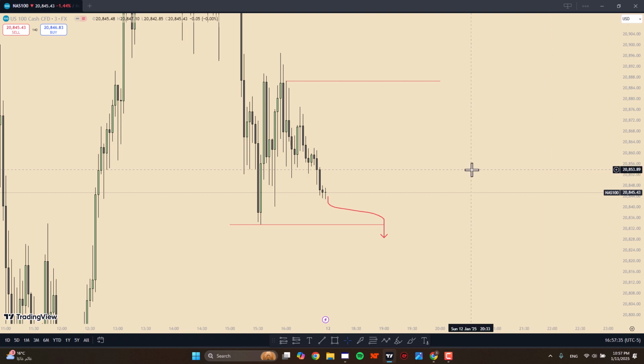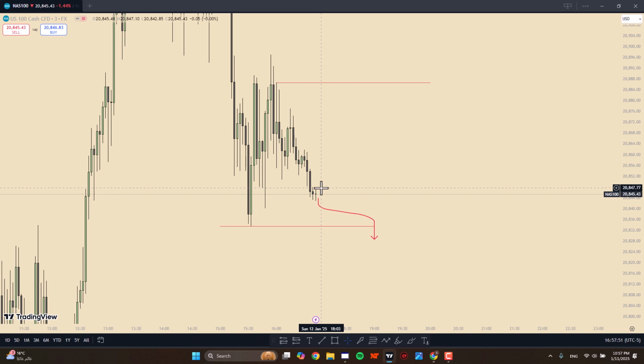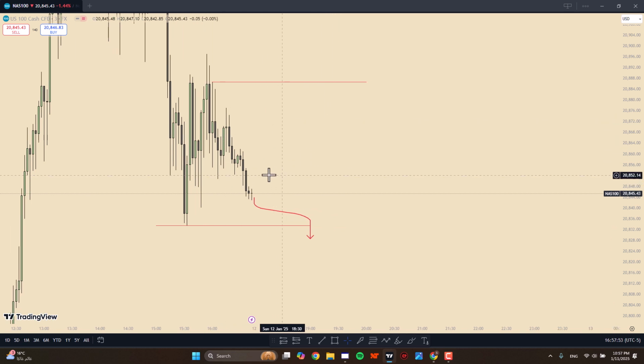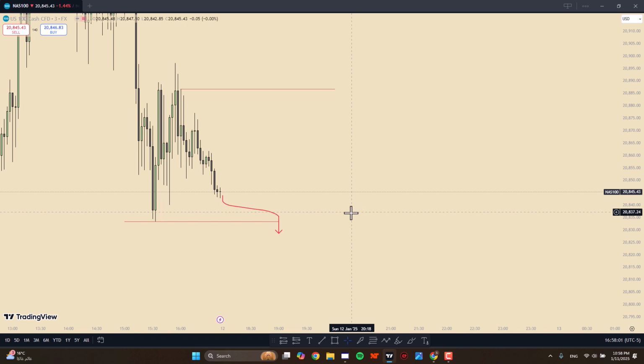For example, if you found your confirmation on the 1 minute in a particular trade, the next trade, the confirmation can be found on the 3 minute, on the 2, on the 5. All right, so be resilient with this. So here what I want to see is simple. How do I confirm that? How do I confirm that we're going here and not to this or this high? Simple. For me, I want to see 3 things.